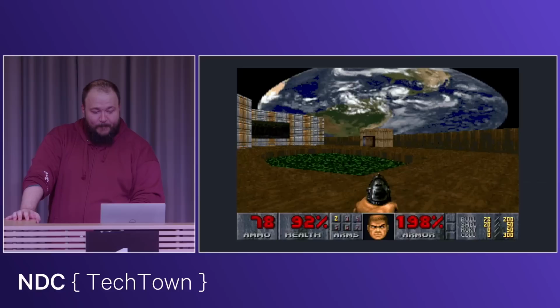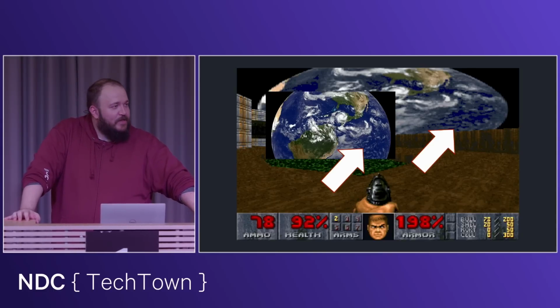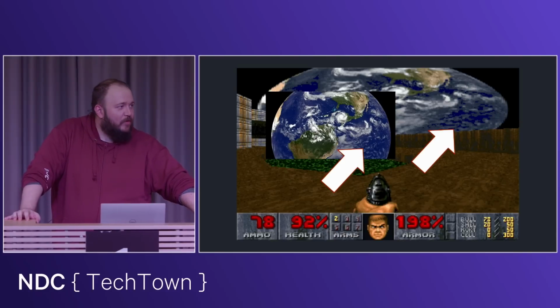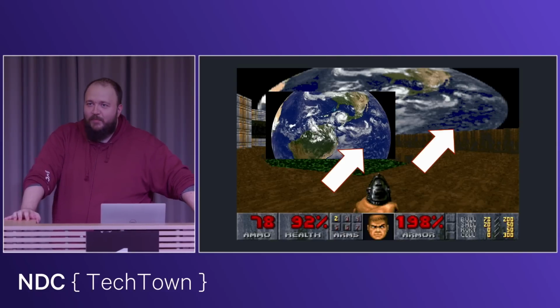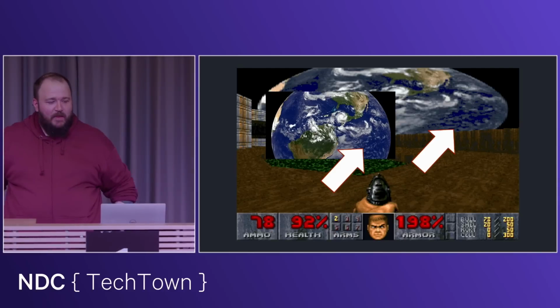Okay, so what do we do? If you look here, this part should look like this part. And those who know, who can see an issue with the image? There's another issue with the image. People who have lived on this planet for a while. It's flipped. Doom flips the images also, for some reason. So you can see that South America is, you know.